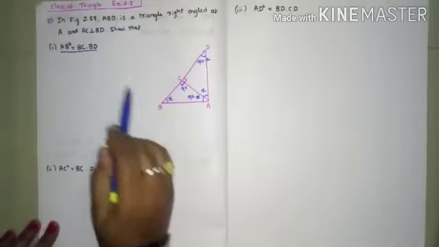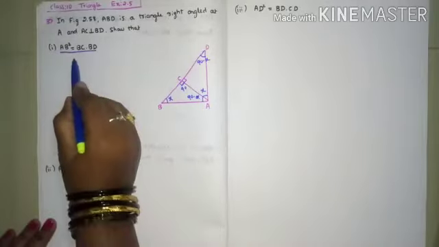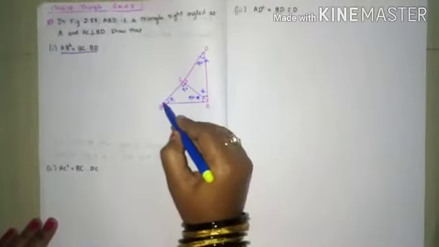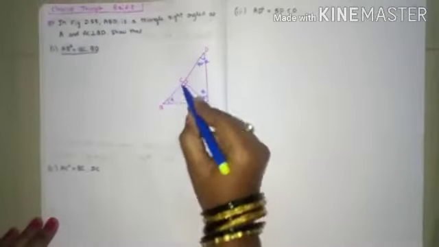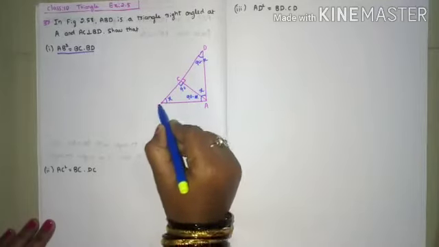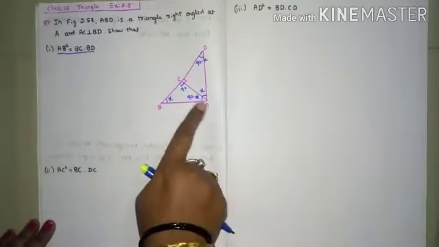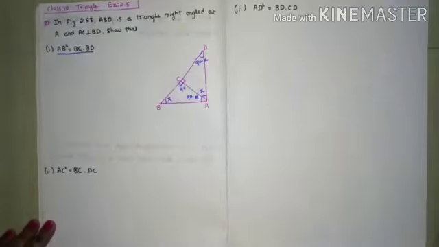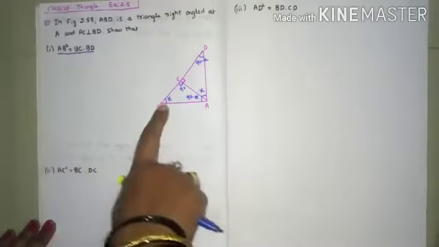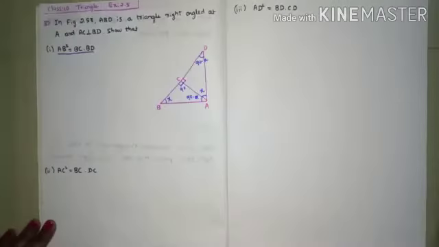Now you observe this, what we have to prove here. AB square is equal to BC into BD. BC is the side of a triangle ABC, means the smaller triangle. And BD is the side of a triangle ABD. So we have to consider the triangle ABC and ABD here, and we should prove this result. How we will come to know which triangles we have to consider? BC is a side of triangle ABC and BD is a side of triangle ABD. Like that you should see these two results and you have to consider the triangles.